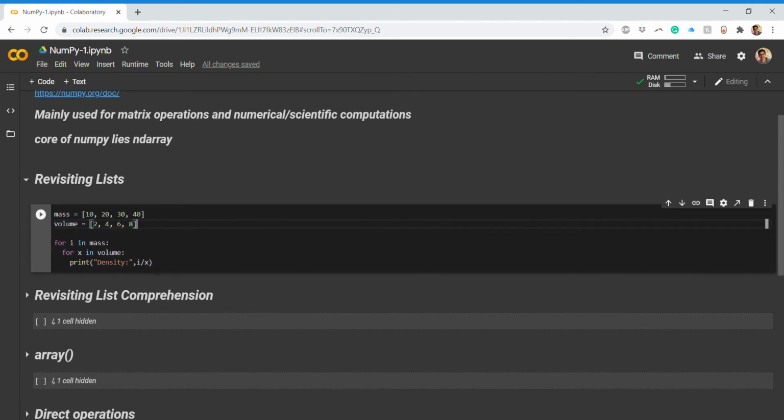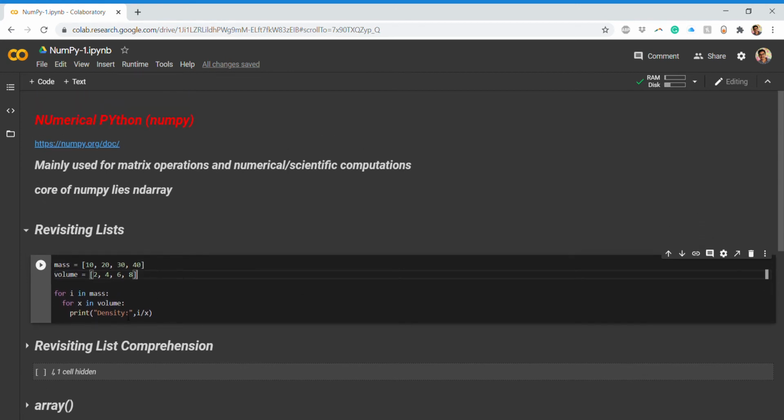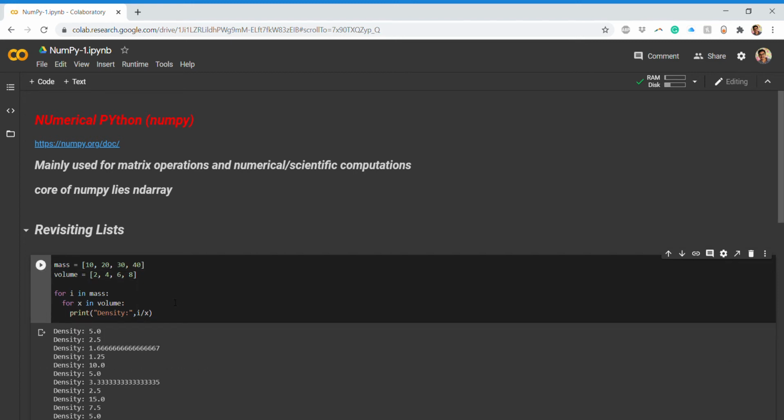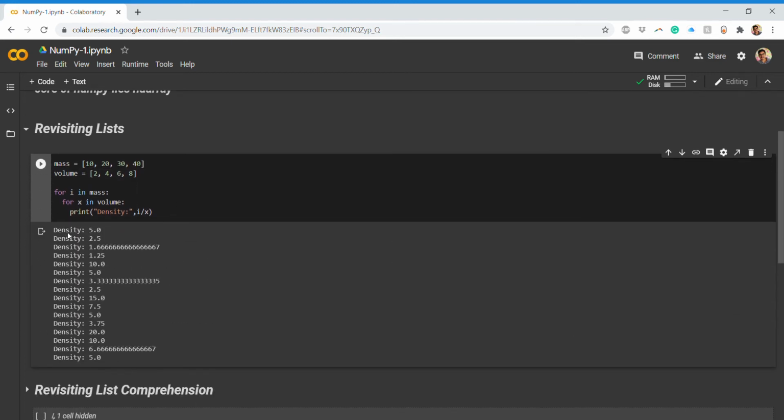Usually if I want to calculate the density, which is given by mass upon volume, we write a nested for loop, that is iterative control. For each element in mass, I'll compute the mass upon volume, for x in volume, using this i by x formula, and if I run this, you get this kind of output.